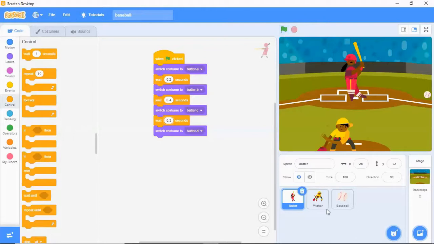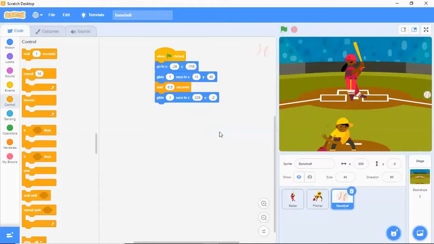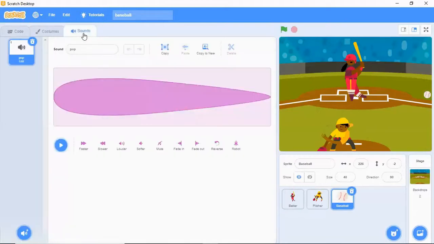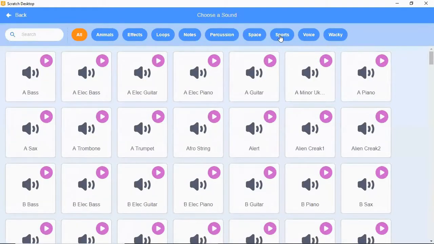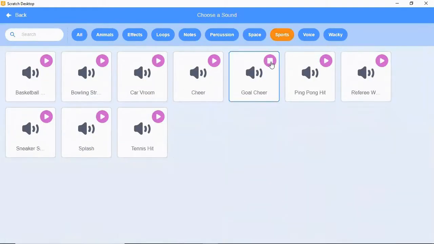Okay, first before that, let me add sound. I'll go to sound. And then after adding the sound, I will adjust the wait time. Library, sports. Okay.